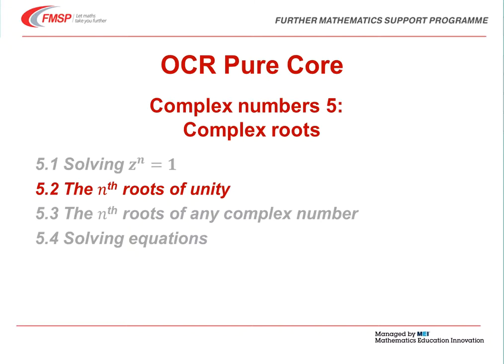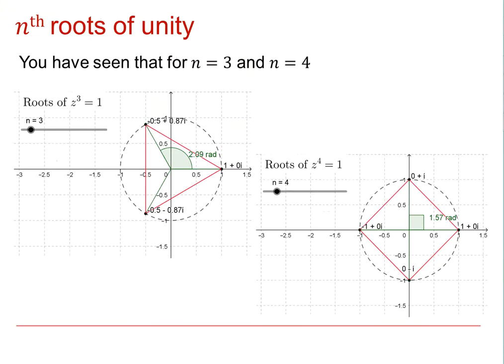Hello, this is the second video of the fifth complex number series on complex roots for the OCR Pure Core Further Mathematics, and it looks further at the nth roots of unity. In the previous video, we looked at solving z to the n equals 1 and saw in the GeoGebra program and slides that the roots of unity lay on a unit circle and were the vertices of a regular polygon